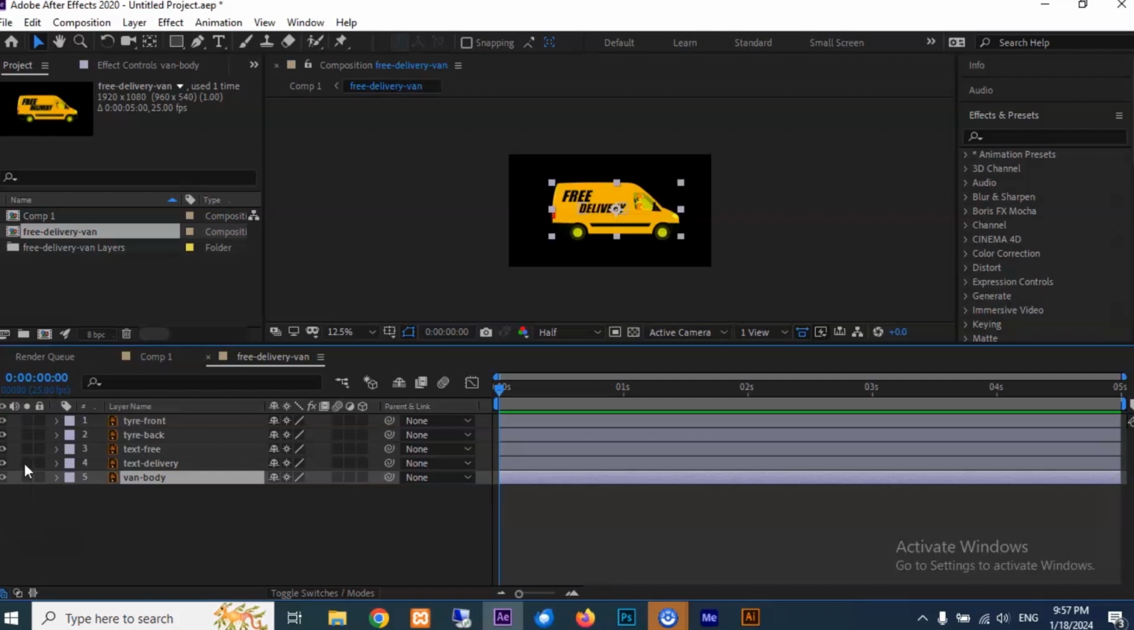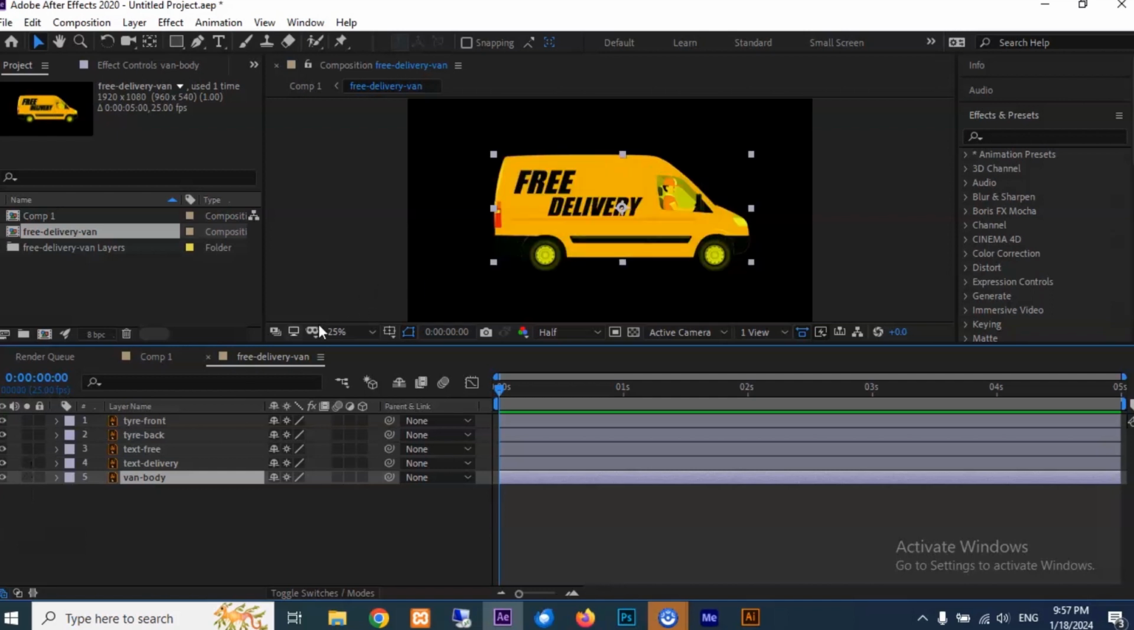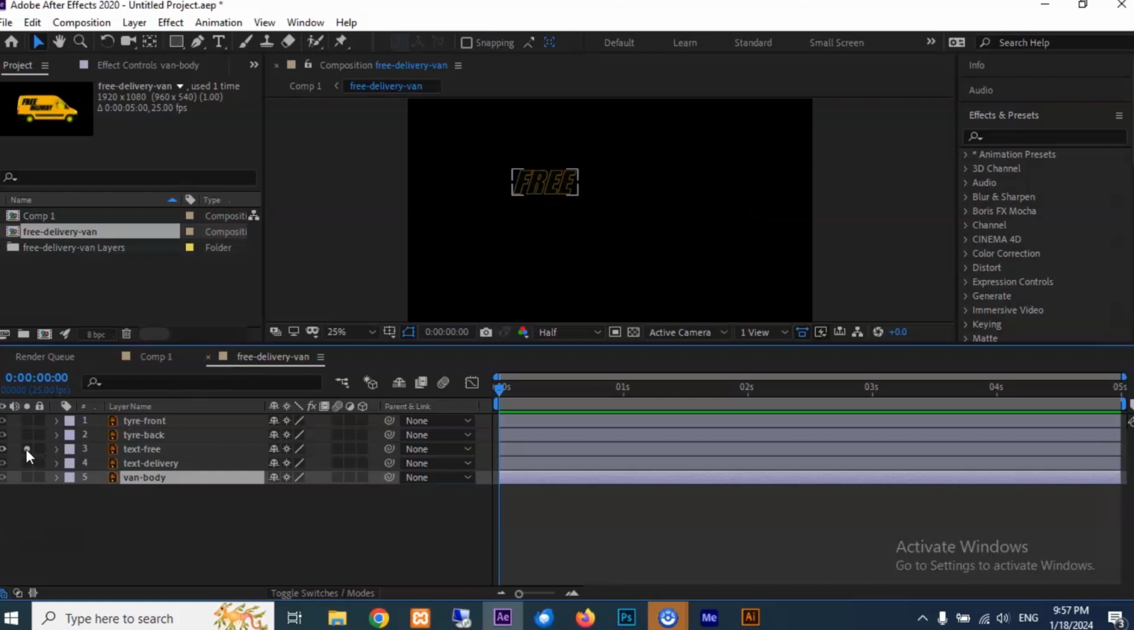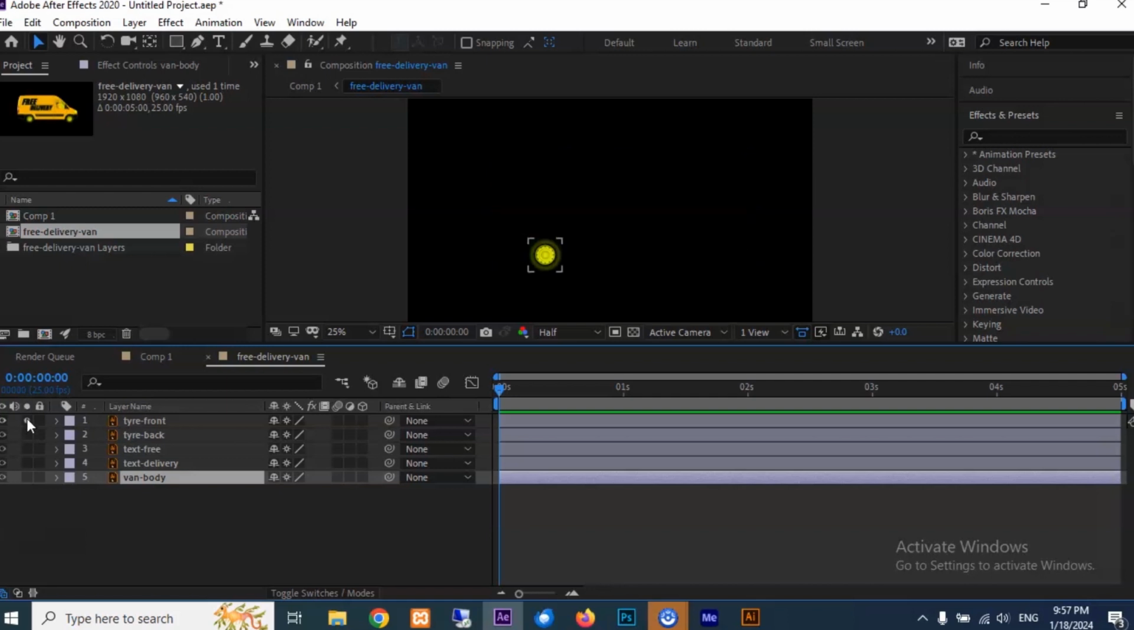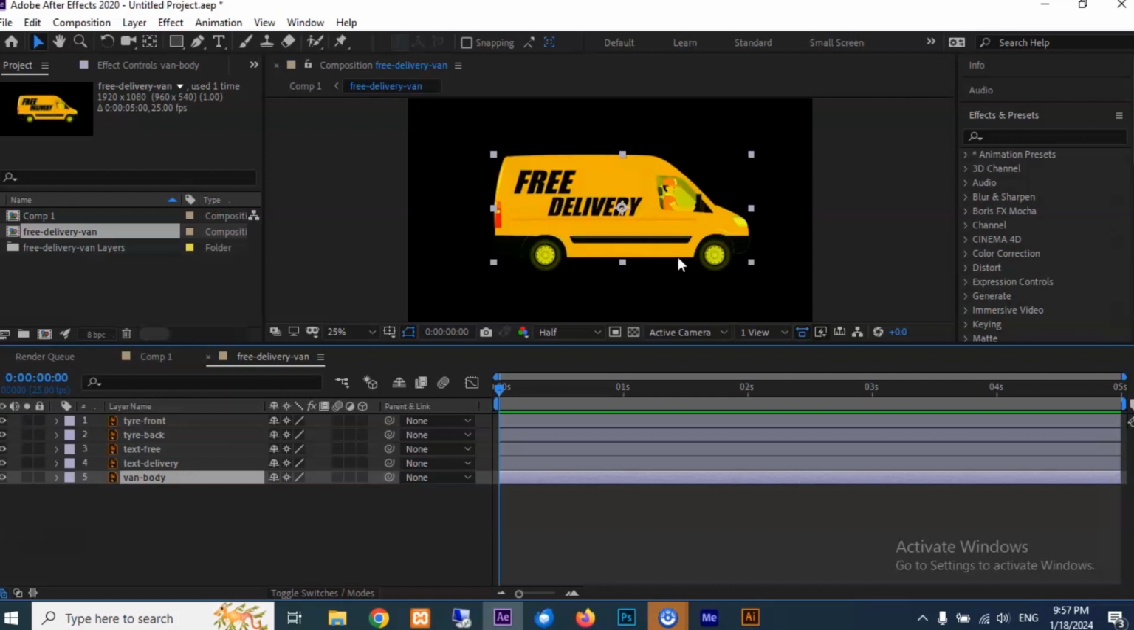Okay, now let's see what we have. All the items are here, text, and then the back tire, and the front tire. Okay,